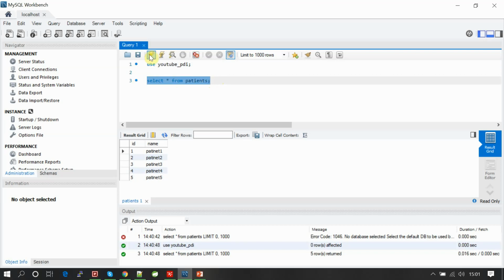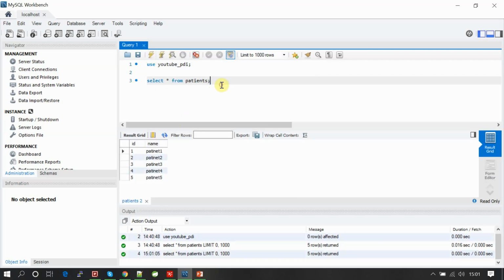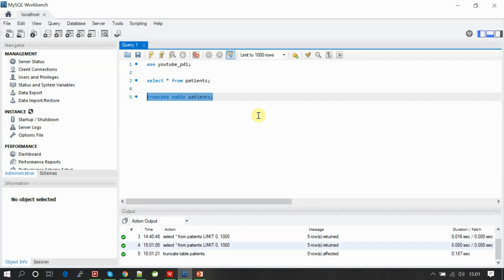So the data is already there. Let me truncate it before I truncate table patients. Truncated. Let's commit the data as well.